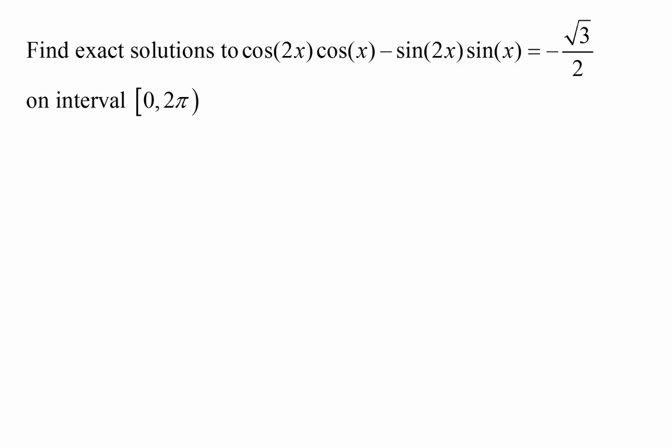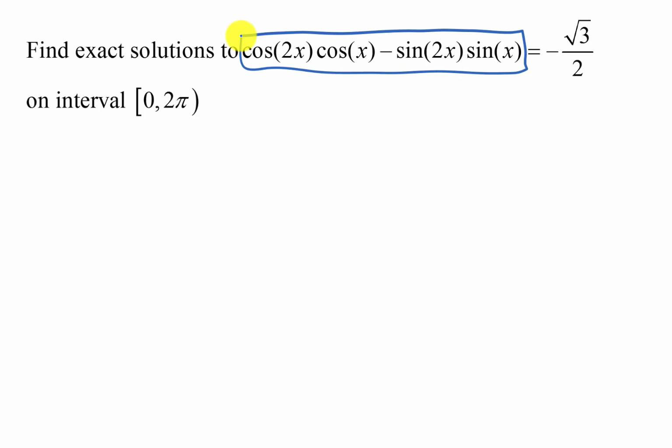Find exact solutions to cosine 2x cosine x minus sine 2x sine x equals negative square root 3 over 2. Well, as I'm looking at this, the first thing that I see is that the left-hand side looks like something I've seen before. You should be able to recognize it as the right-hand side of a